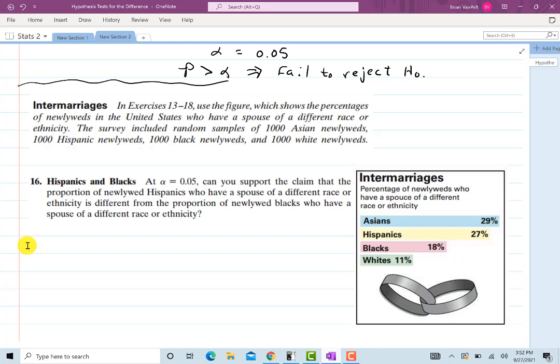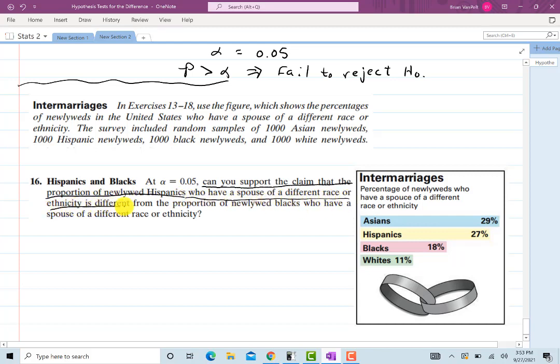Let's start with the claim. Can you support the claim that the proportion of newlywed Hispanics who have a spouse of a different race or ethnicity is different from the proportion of newlywed blacks who have a spouse of a different race or ethnicity? So let's take a look at what a claim like that might look like. The claim is the word different here. So we want to know if the proportion for Hispanics is not equal to the proportion for blacks, something like that. Our test stats